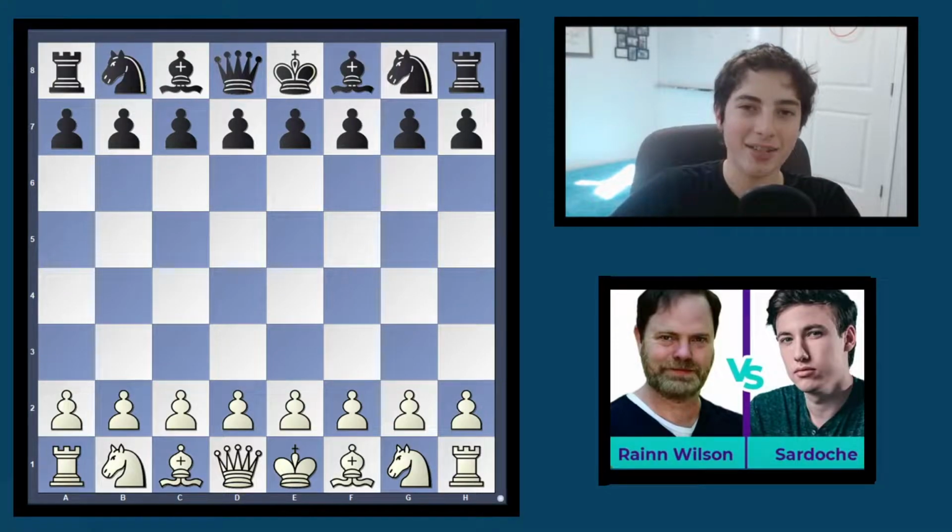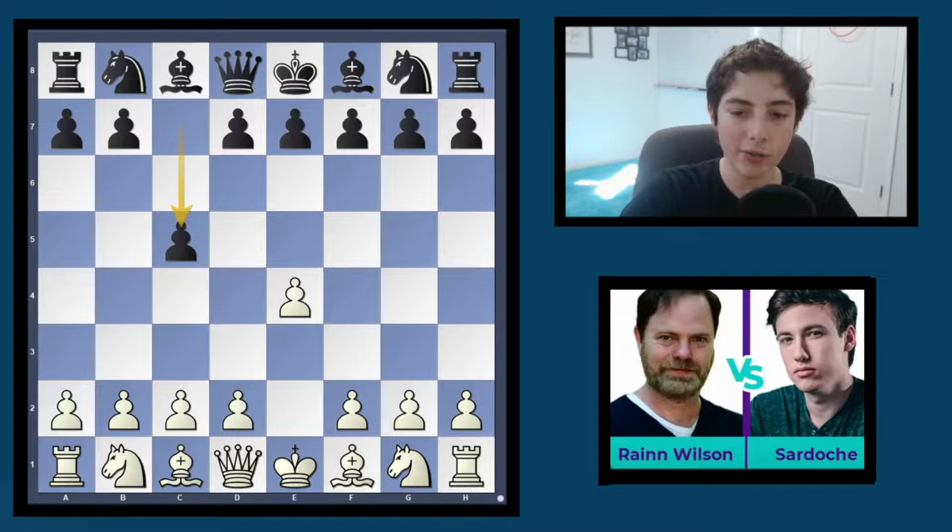The finals of Pogchamps 3 is finally here. Today we're doing a recap for that match. It was between Rainn Wilson and Sardoche. Let's jump straight in. In the first game, Rainn Wilson had the white pieces, and he went for e4, c5,